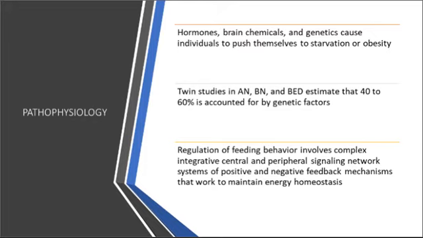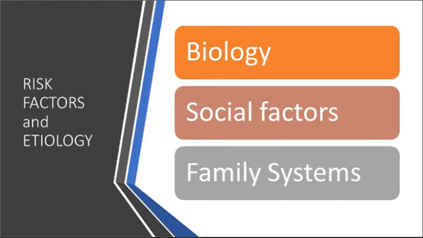So that's good there. Risk factors. They said the origin is complex. It's a mix of multiple things. Genetics have shown that relatives of patients with feeding disorders are 5 to 10 times more likely to develop the disorder. Neurological factors with your serotonin, norepinephrine, your dopamine. And of course, social. Women need to be thin, men need to be muscular.